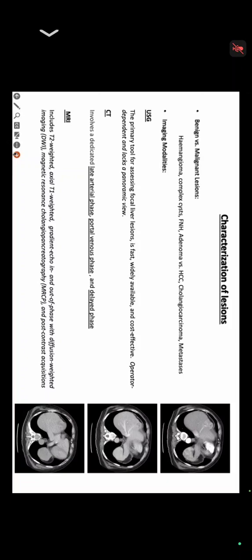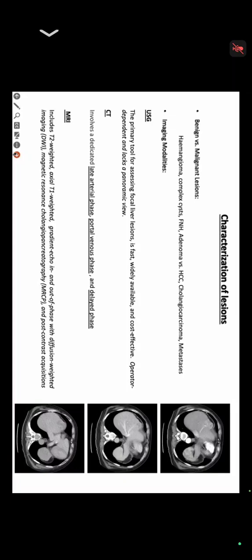The modalities available to diagnose these things are, first, ultrasound. It is the primary tool for assessing focal liver lesions. It is fast and widely available. However, it's operator dependent and lacks a panoramic view. So coming to the CT scan,